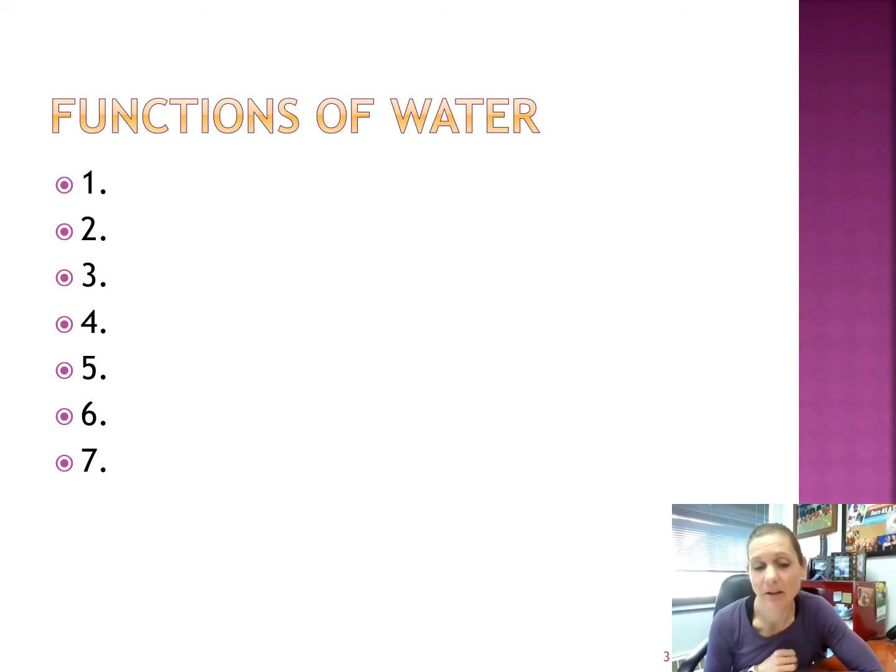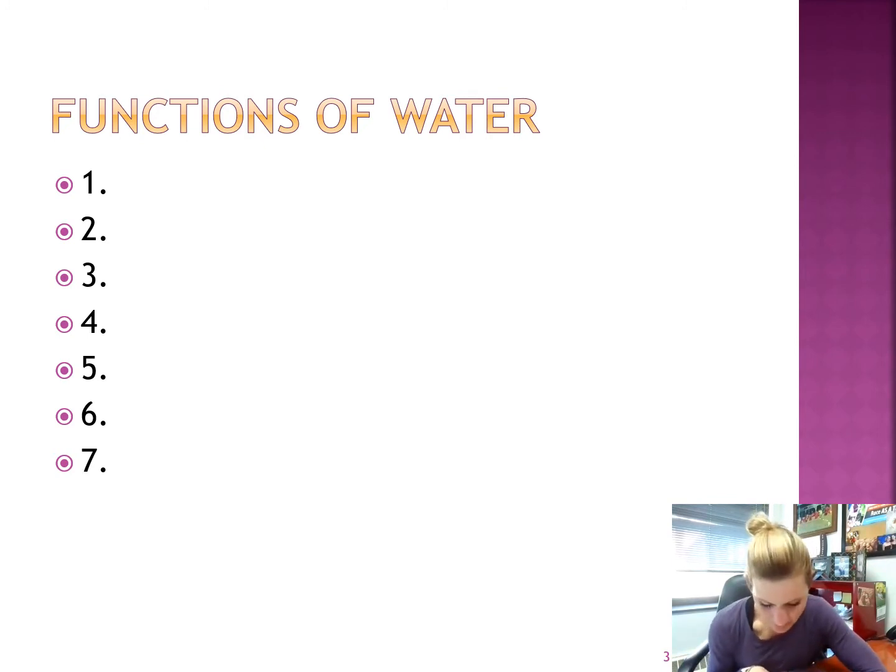Maintenance of acid-base balance is number three. Acid-base balance has to do with the level of acidity or basicness that we find within the body, in particular within the bloodstream. We can manipulate how much fluid we have in various locations, and that can certainly affect our pH balance, or the acid-base balance that we have.